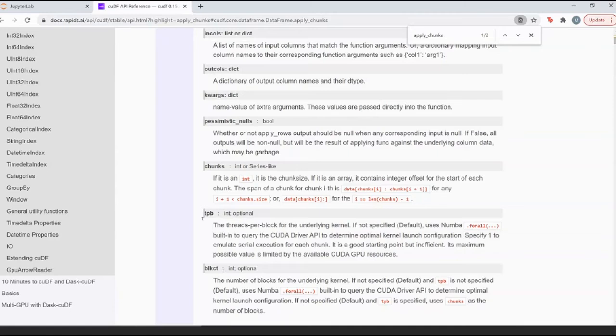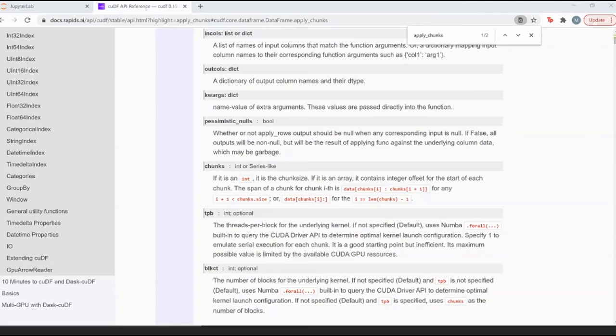You can obviously use it to do some performance benchmarking to see how the process happens. One interesting thing to see is, you can put the threads per block value as 1, and then do a timeit and see how much time it takes for the execution versus using a bigger threads per block. That could be an interesting experimentation that people could try out and maybe share their thoughts.